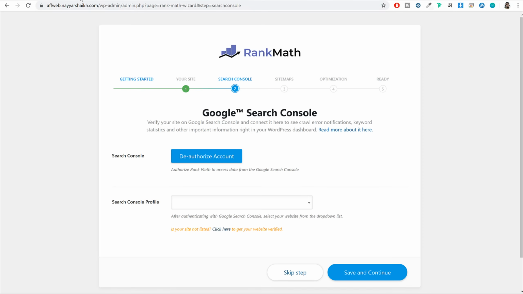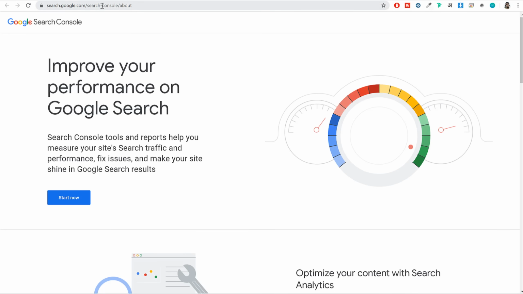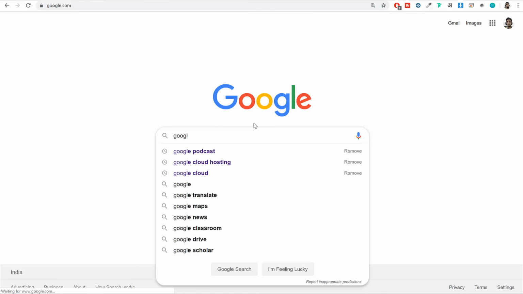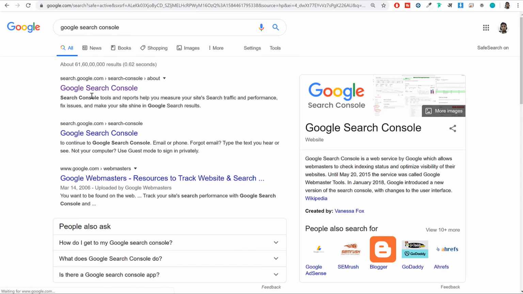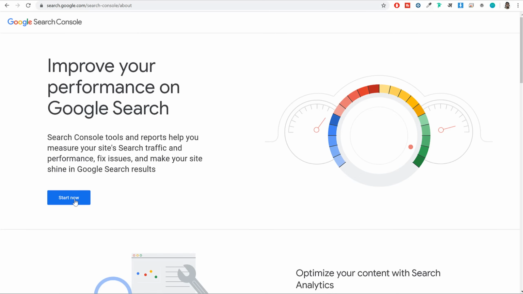Now you can just go to this website, search.google.com, or you can just go to Google and search for this link. If you don't see this link, just search for Google Search Console. Okay, if you search for Google Search Console, you will see this first link. Open this link and you will see this page. Now click on this Start Now